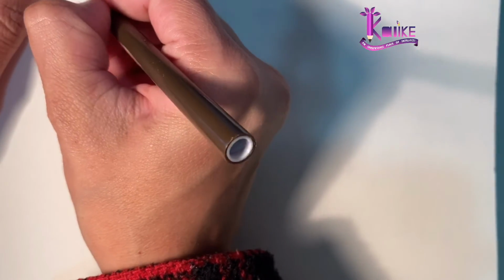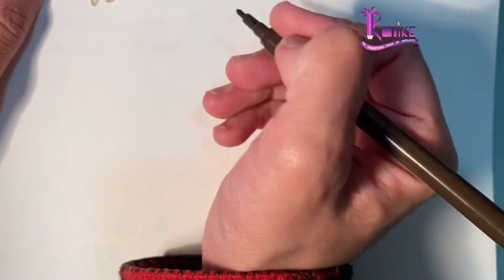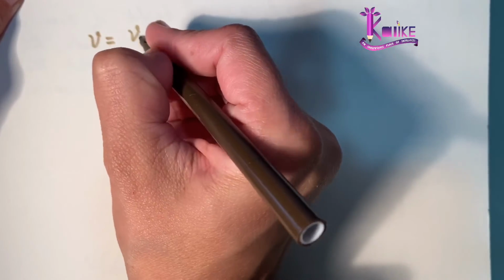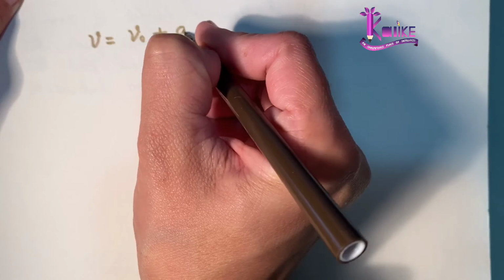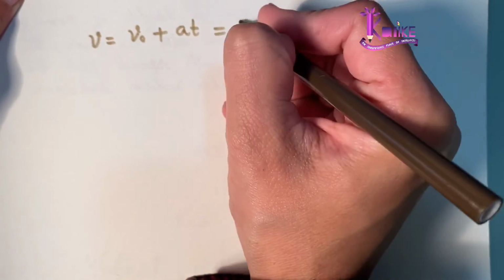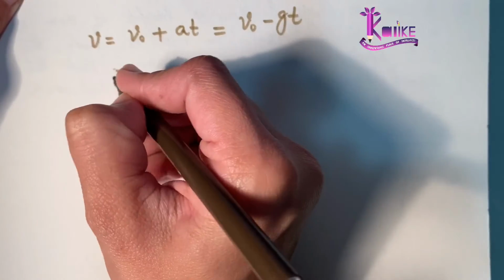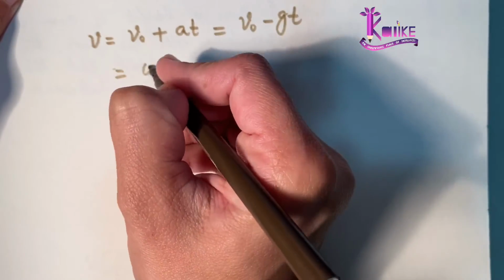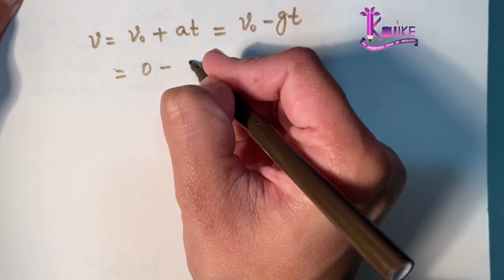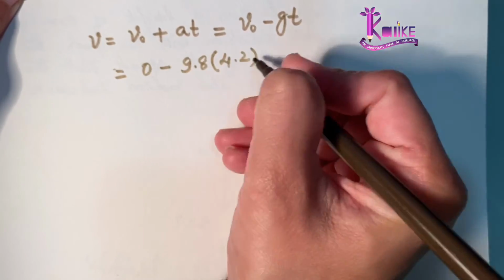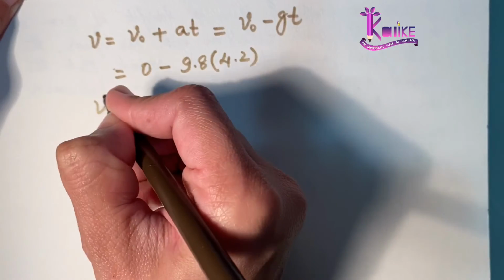So I will use the next equation of motion. The speed with which the ball hits the ground, or just before hitting the ground, will be v equal to v0 plus a into t. Again, a can be replaced by minus g, right? So v0 was 0. This is minus 9.8 into time, which is 4.2. So velocity has to be,